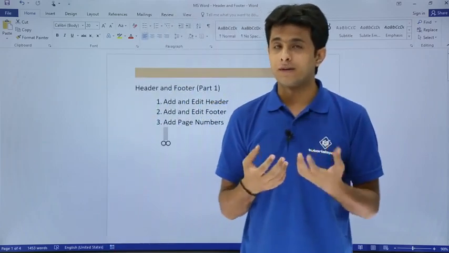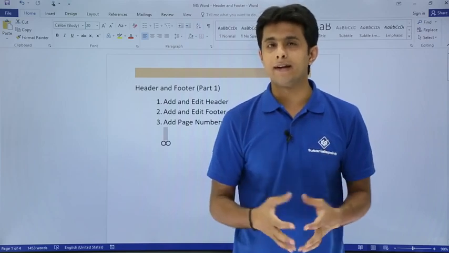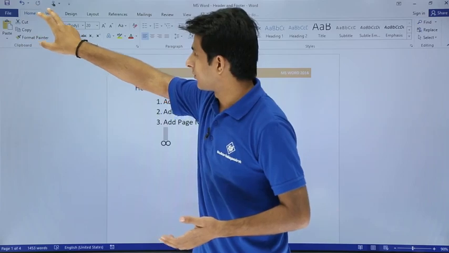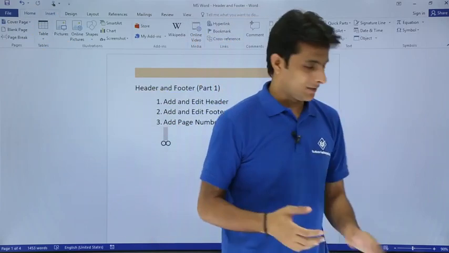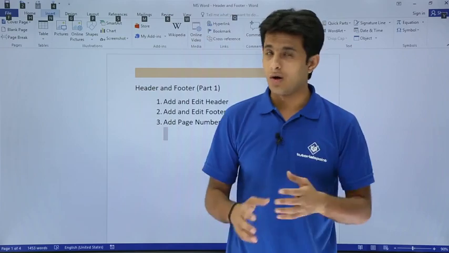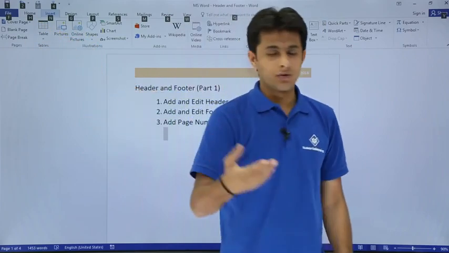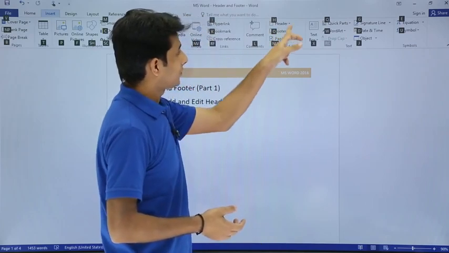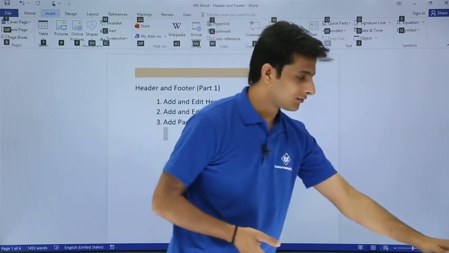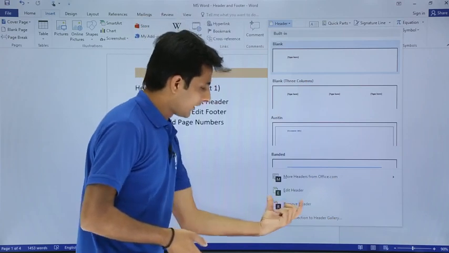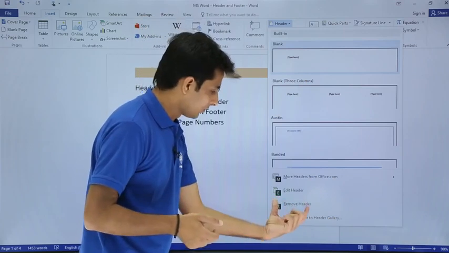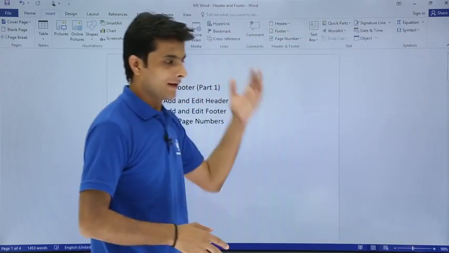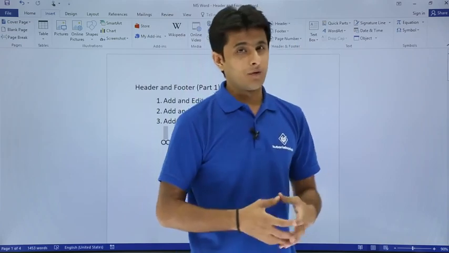Suppose you want to edit or remove the header, and if you do not have a mouse, what you can do is, you can go to this insert tab, or the shortcut method, you just press Alt from your keyboard, then you can press N if you want to go to insert tab. If you want to go to the header, there's an option as H. You just press H from the keyboard, and if you want to edit the header, press E. If you want to remove the header, press R. Now if I want to remove the header, I'll press R from my keyboard, and the header will go away, right?